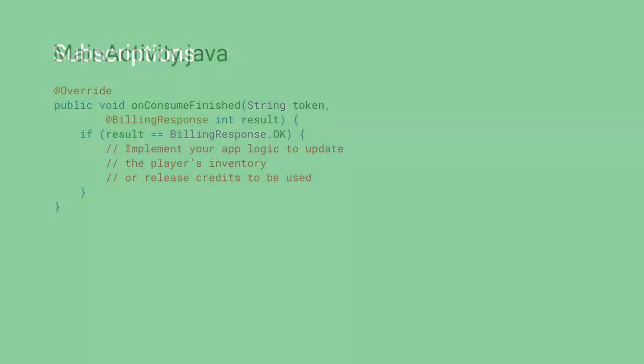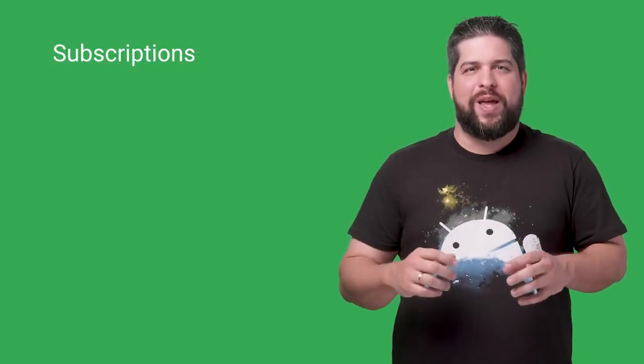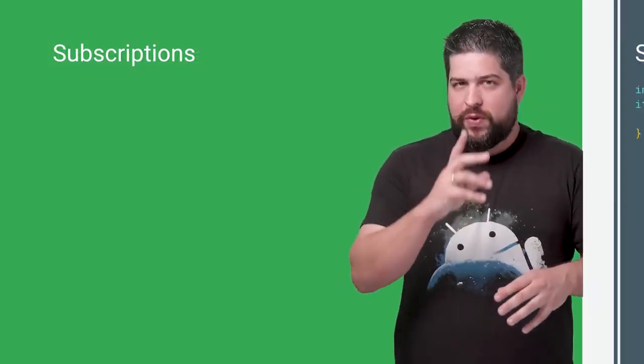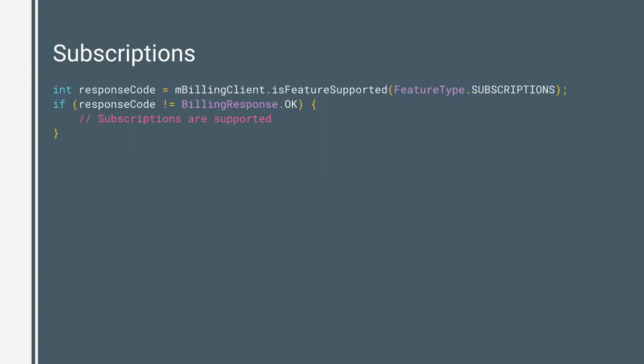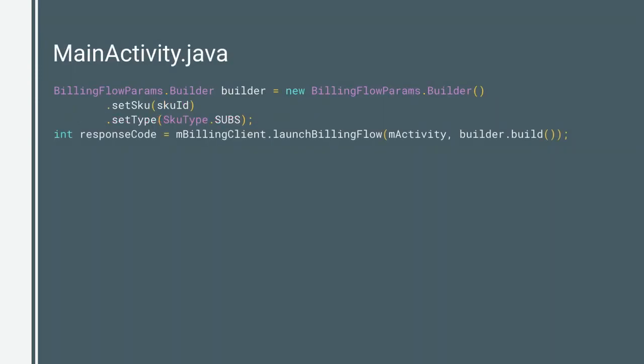credits to be used. Another great feature covered by the Play Billing API is subscriptions. But before launching the billing flow for subscriptions, call the isFeatureSupported method on the Play Billing Library client to check the device supports subscriptions with the type as FeatureType SUBSCRIPTIONS. Purchasing or renewing a subscription is similar to launching the purchase flow for a product. You just set the product type to SkuType SUBS and the product ID of the subscription before you call